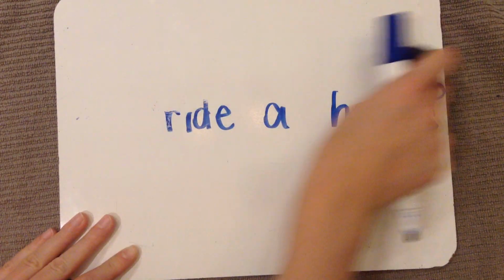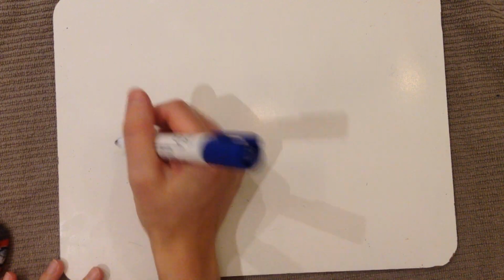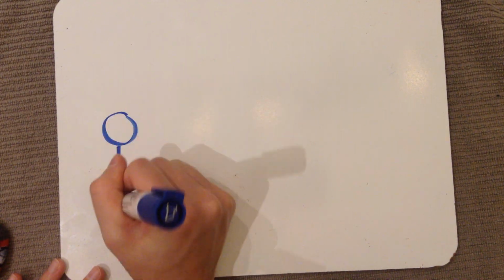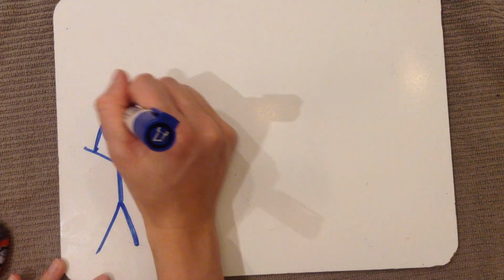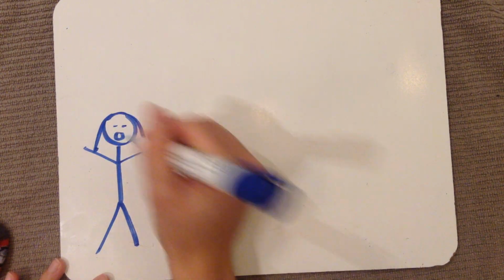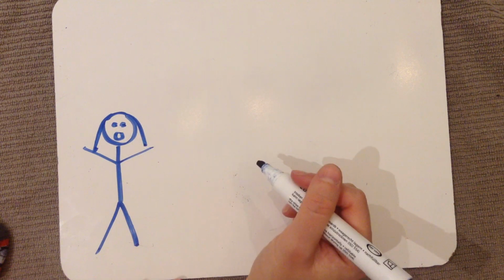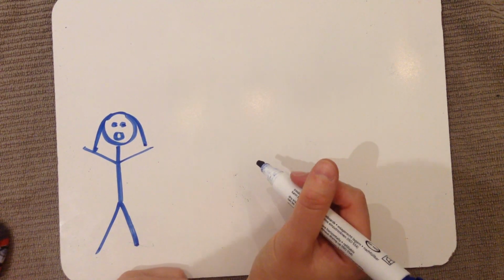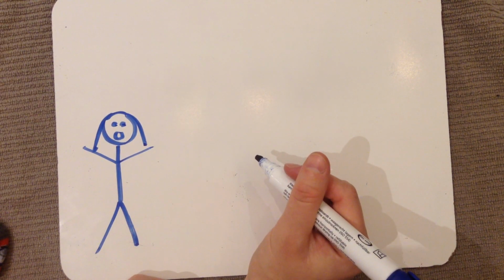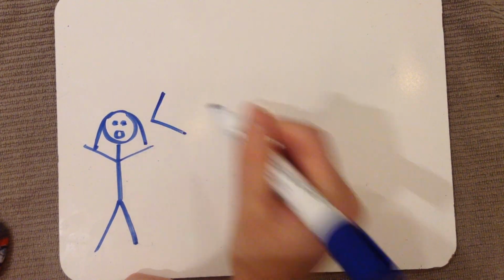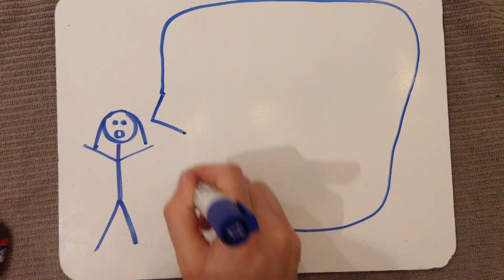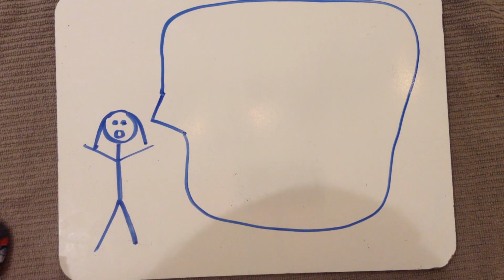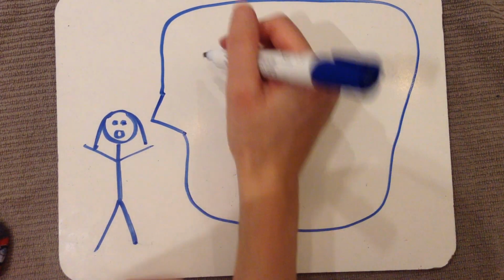Let's do a few more examples with cartoon characters. Let's see. We will draw Sophia. Sophia wants to tell the class some exciting news, so she is going to make a statement. That means she is going to tell us something. Here's a speaking bubble coming out from Sophia's mouth. And this is what she will say. I lost my tooth.